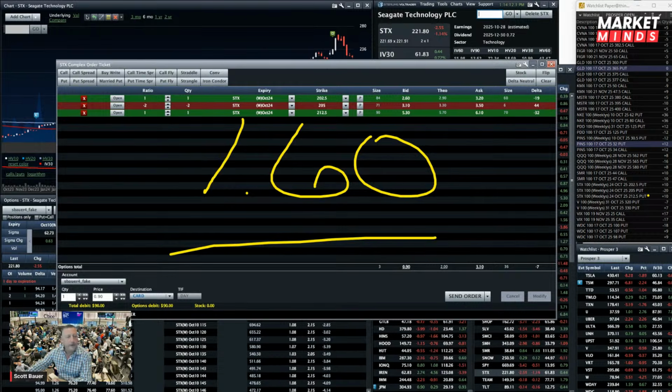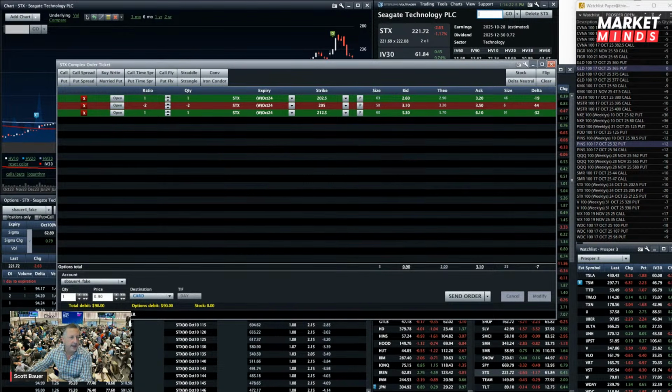Exactly. It is what we pay for it. It is a debit spread here. It's what we pay for it. You would base your risk allocation on that. Now, what about,